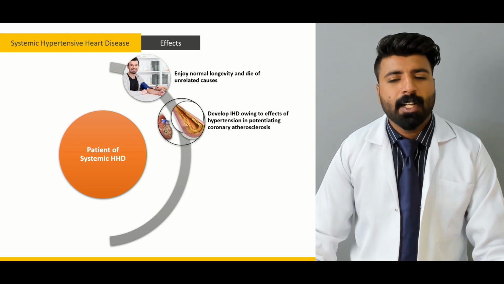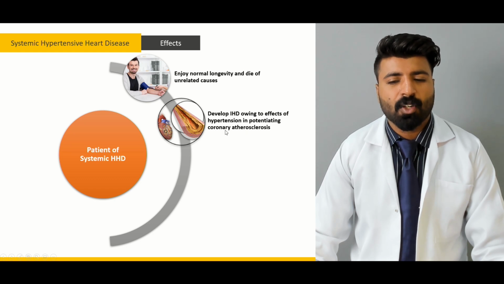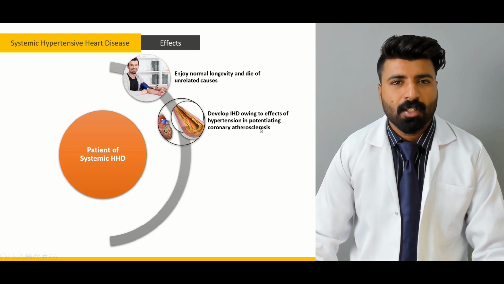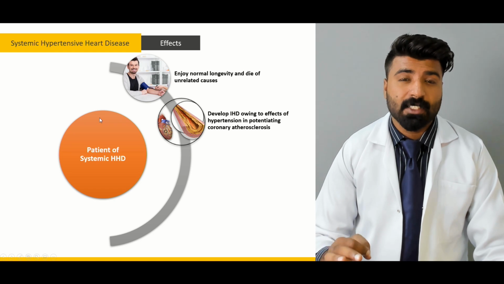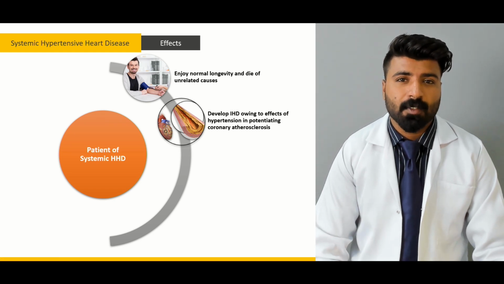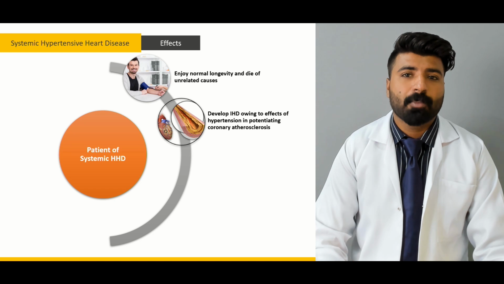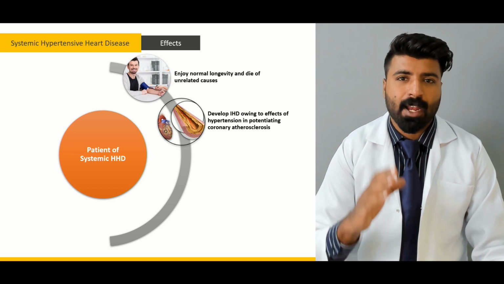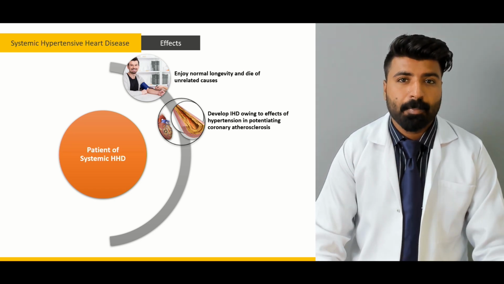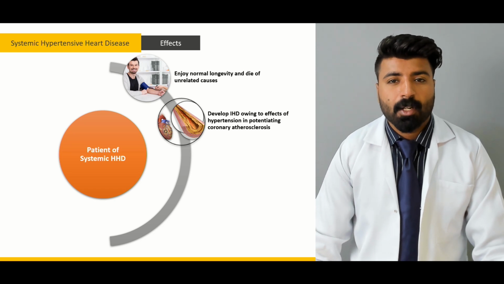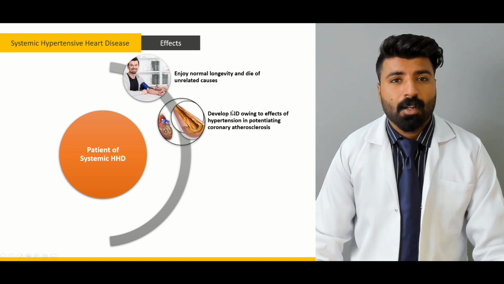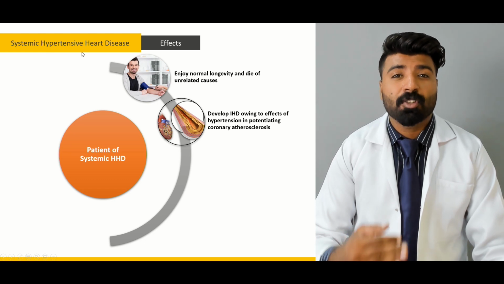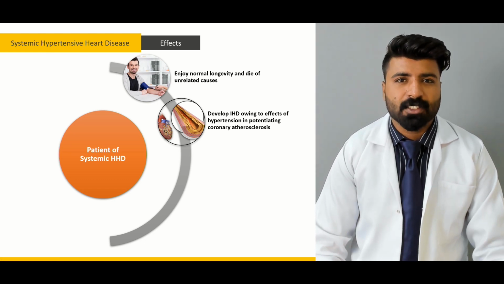Next on, they develop ischemic heart diseases owing to the effects of hypertension in potentiating coronary atherosclerosis. So a hypertensive disease can lead to ischemic heart disease. There's a whole lecture about ischemic heart disease. You can go back and get some background from that lecture. But systemic hypertensive disease can lead to the development of ischemic heart disease, can lead to the development of atherosclerosis, because